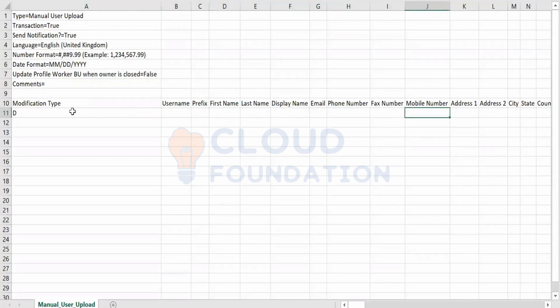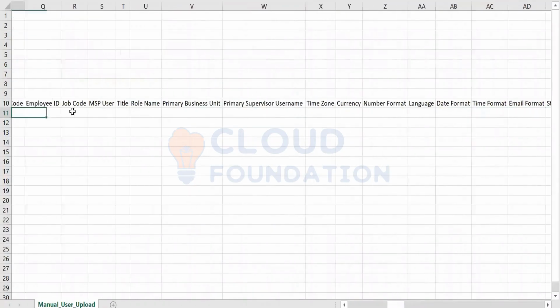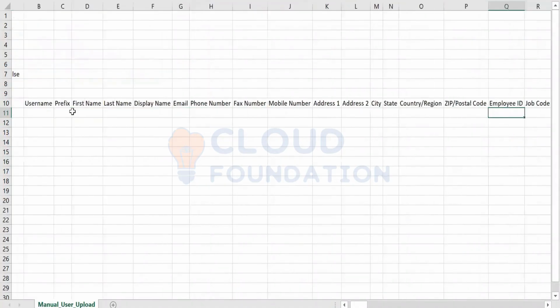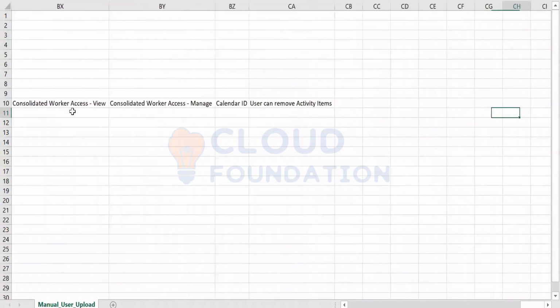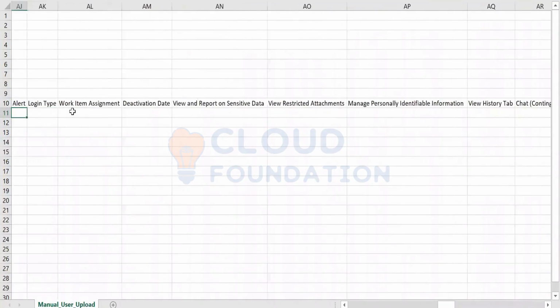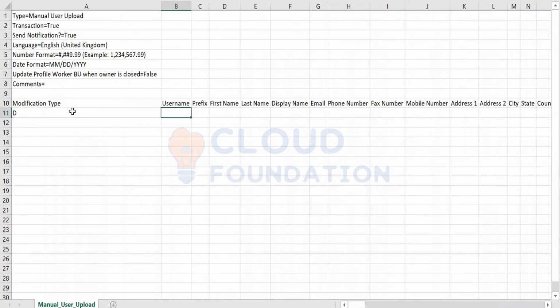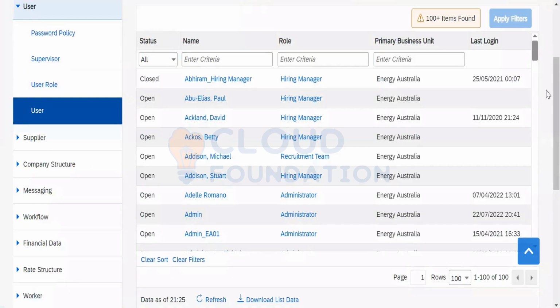We have got the complete information set up here. The complete user data needs to be put across. It's not that every data is mandatory. There are certain data that needs to be put on, like the username, first and last name. There are certain mandated fields that need to be set up. The remaining, we don't need to. They can leave it.